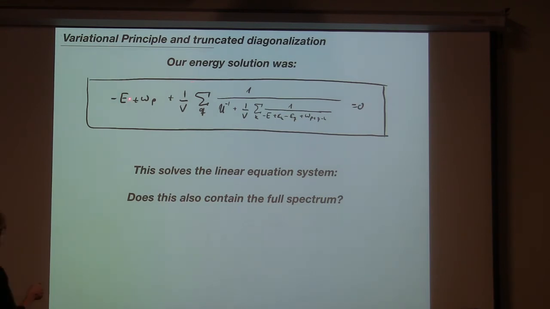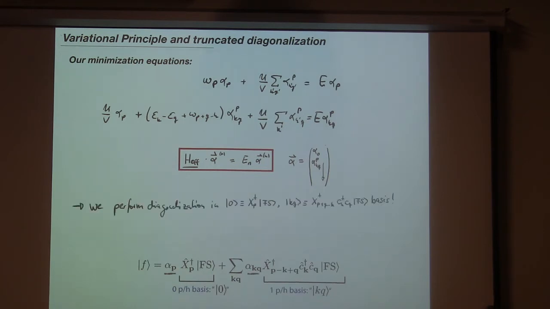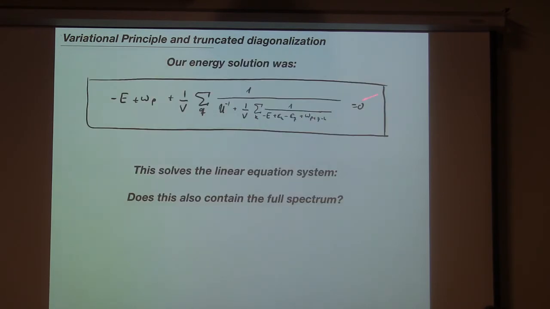But we had this equation here. And from this equation we expected E. But this was, in effect, this energy we got by actually solving this equation system. So what we did calculate is the eigenenergy of the system. And we only forced it now to be set to 0, and this comes from the variation principle. So the thing is, does this equation, because this is the eigenenergy, actually contain all eigenenergies of the system? Because in the end it's also the linear equation system, so it should contain the full spectrum because it's a solution in the end. But it's not obvious how to extract all the excited states.